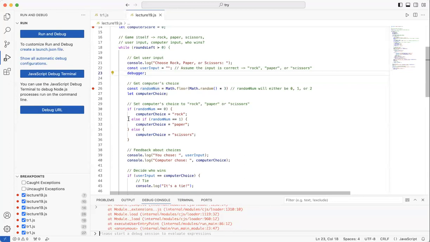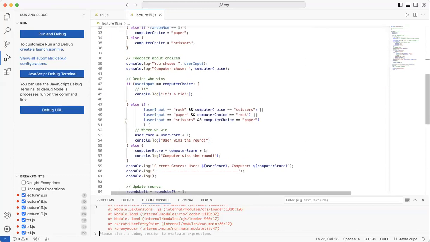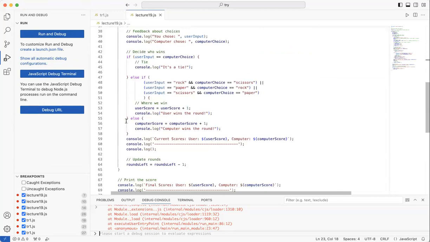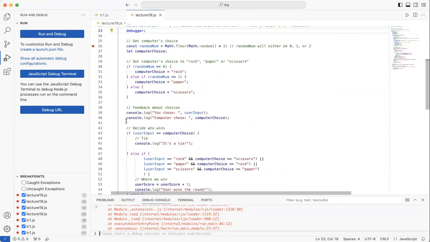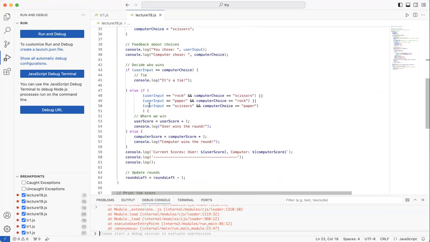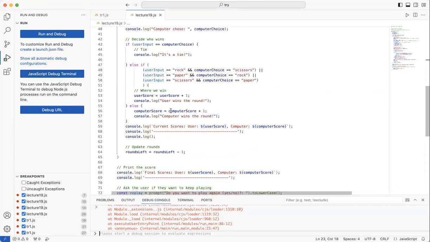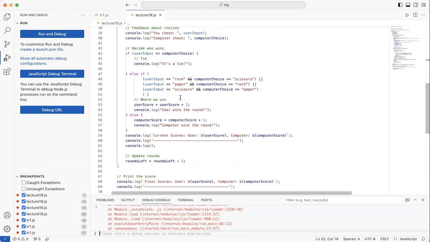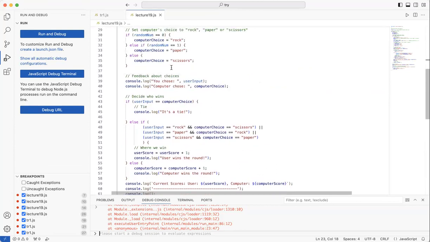All right, so that's that. Where else to put a breakpoint? I don't think there's any more inputs over here, are there? Console.log.